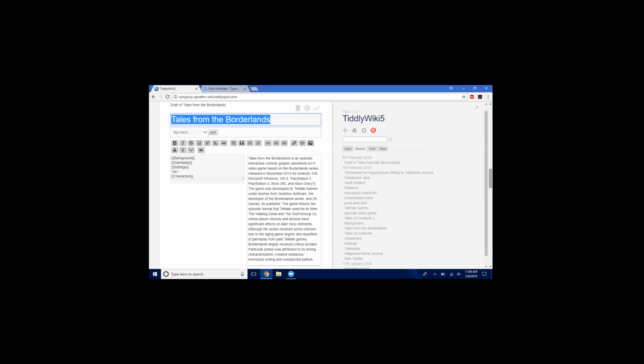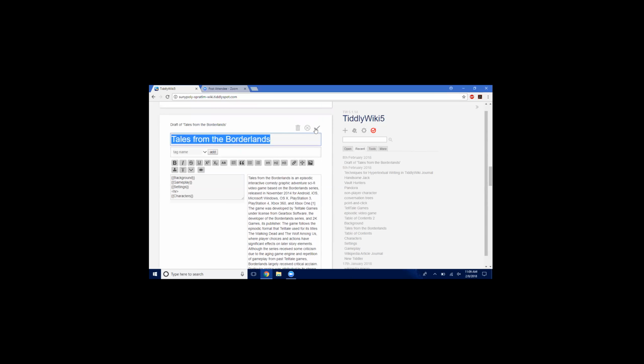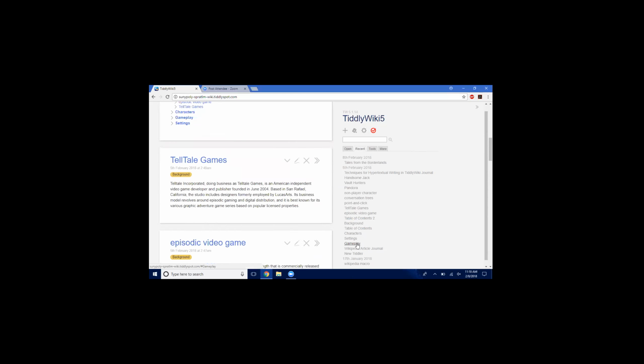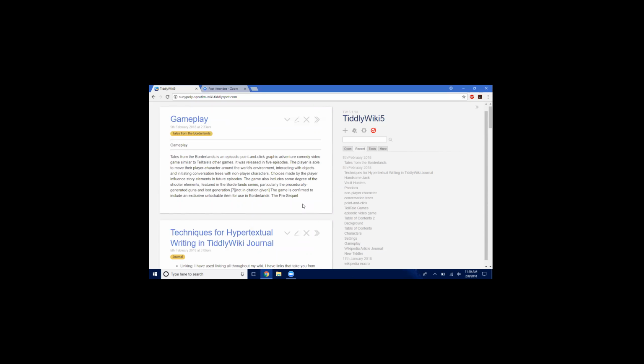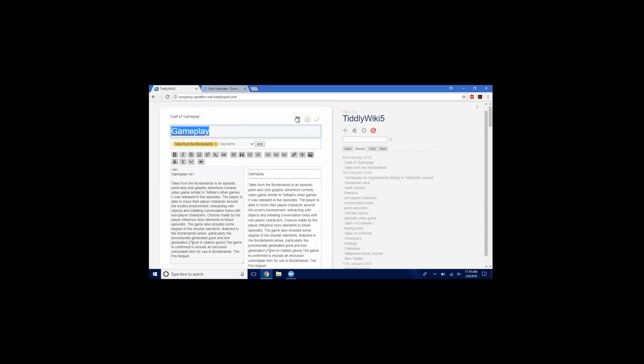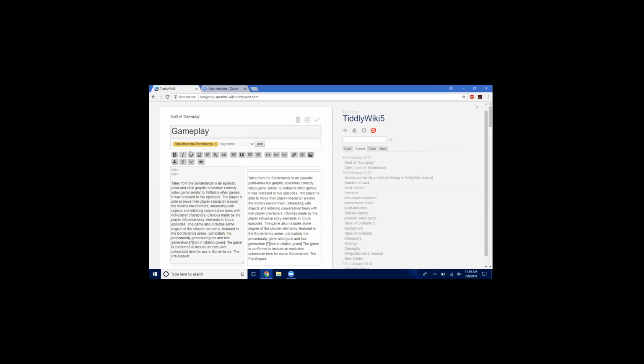Okay, so let's look at the gameplay tiddler. And let's edit that. Okay, so you put those in manually. Yes. Okay, so you have to do that for every tiddler. Get rid of that. See where you've got that word gameplay? Just delete it. Keep right there. Now, how can we put the title of this tiddler into Marcus's code without actually typing the name of the tiddler?